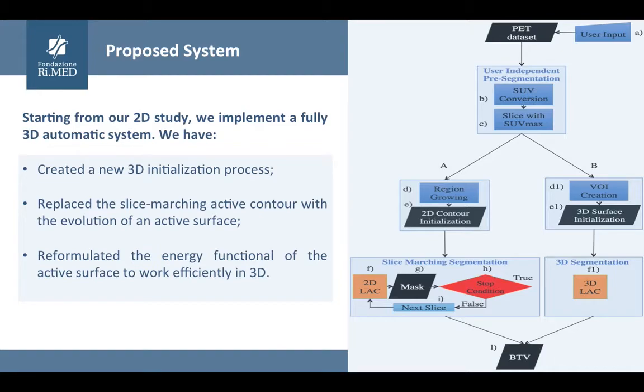Once the slice with maximum SUV has been identified, an automatic procedure identifies the mask surrounding the tumor. The voxel containing the maximum SUV is used as a target seed for raw 2D segmentation based on the region growing